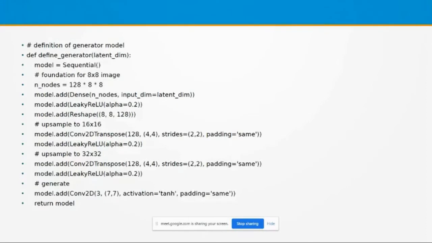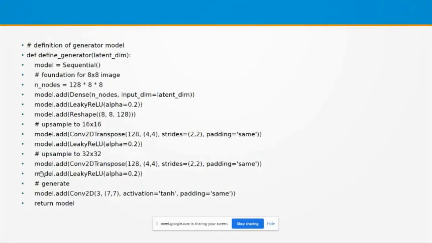Instead of 0 to 1, I normalize the pixel values from -1 to +1, and that is the reason why I use the tanh activation function here. Then padding is equal to same, and return the model.